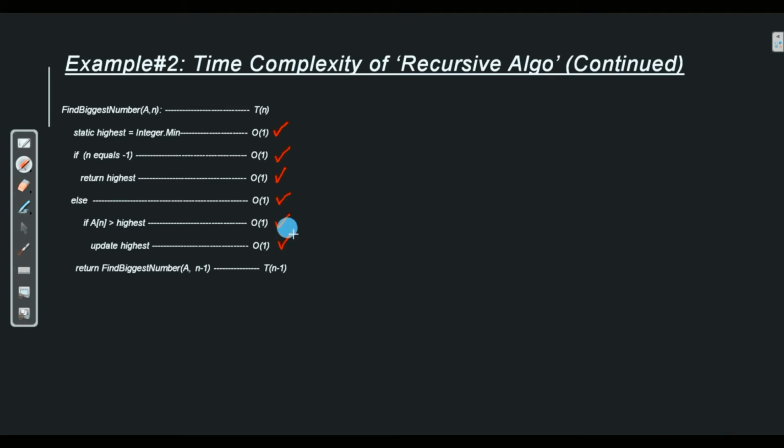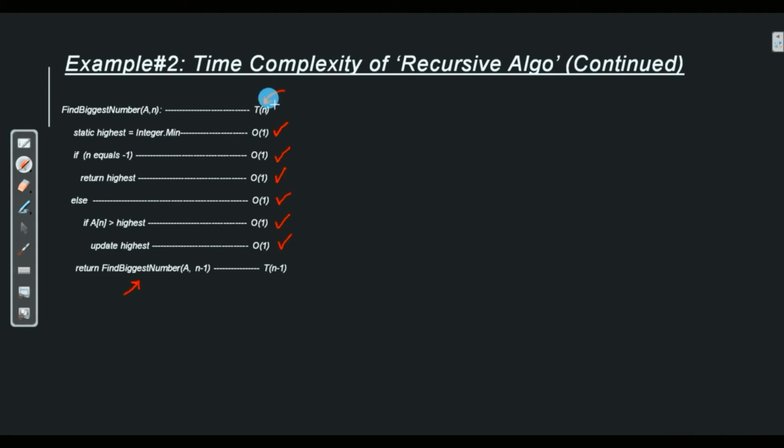So we are good. Now the problem arises when we encounter this statement over here. So what do we do in this case? In case of a recursion, whenever we find a recursive function, we have some standard steps to do. So what we do here is we assume that this algorithm is going to take T(n) time.